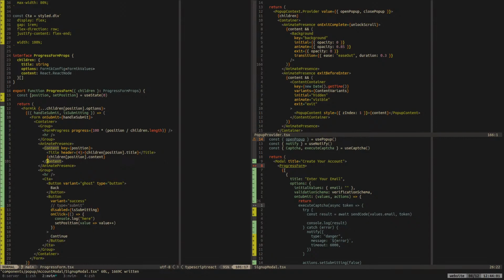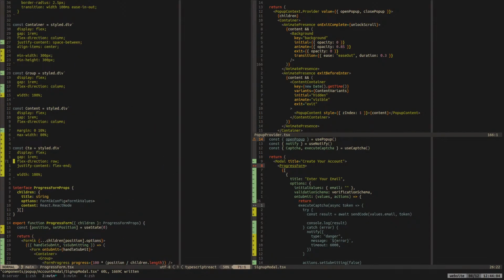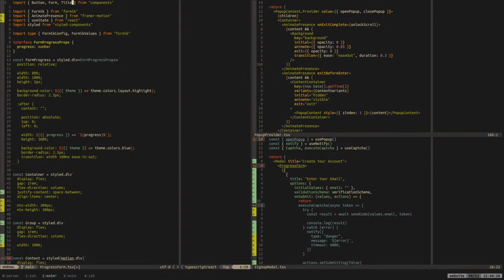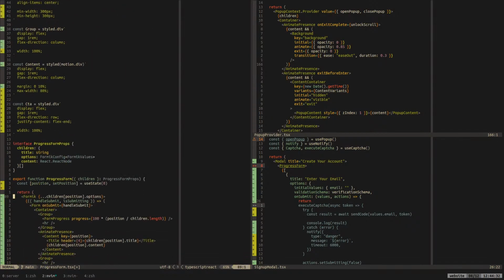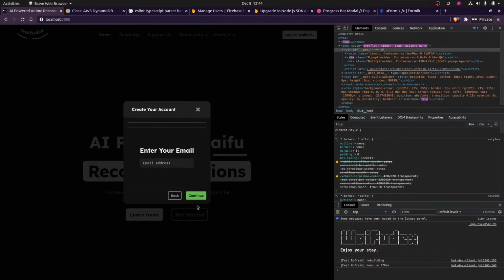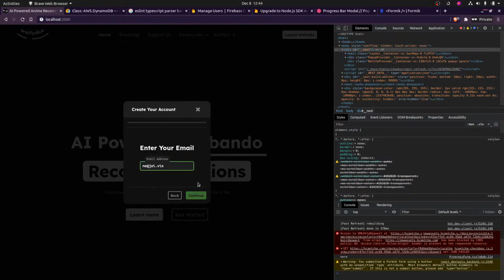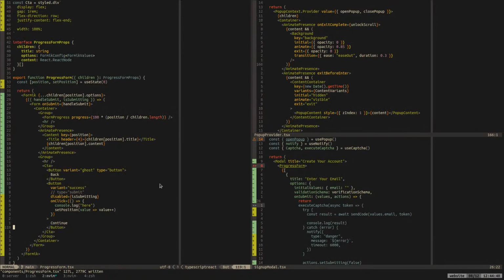Oh yeah, we were going to do this thing, which needs to become a motion div, not a styled div. Yes. And it's not wanting to import. Oh, there we go. I had to force it. Okay, maybe now it'll animate. Never mind. There's a lot of this trial and error stuff.